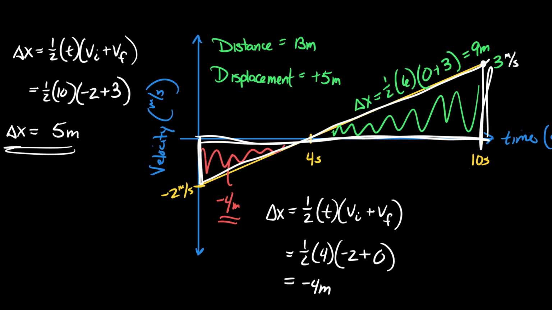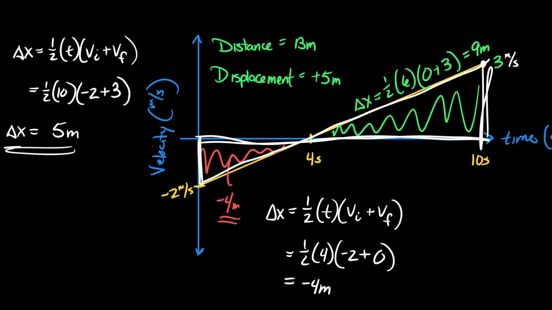Do we see that it works? So first, I want to tell you that our second equation up there will give you the displacement, even if the velocities are positive and negative. It works just fine, but it gives you the entire displacement. Now, if you're trying to take notes, it gives you the entire displacement over the interval. It can't tell you the partial displacements unless you break up your